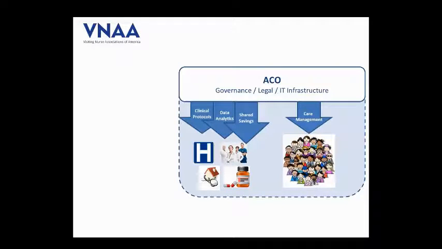ACOs also must have robust care management infrastructure, and this is really critical to ensuring that the beneficiaries that are assigned to them are accessing care at the right time, that they're reducing inappropriate utilization, that they're intervening in the right moments. For instance, making sure that they're up to date on all their preventive services, or that patients know where to go when they may be experiencing an urgent medical need, but not necessarily an emergent medical need. So the care management infrastructure is very critical.